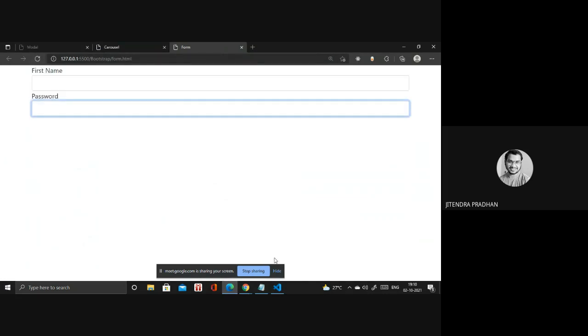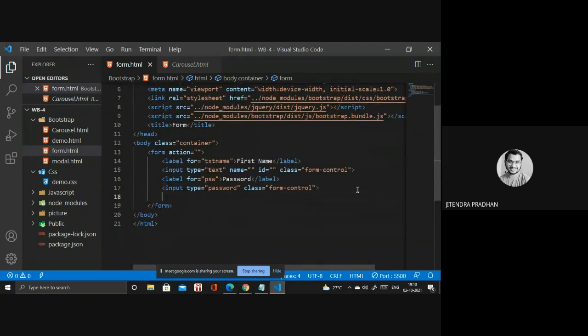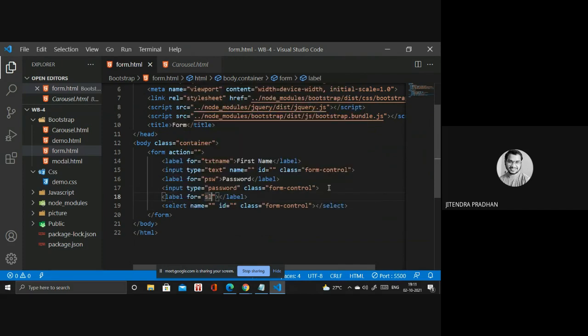Okay, next we have to create a radio button. Let's see. We need to create a selector. In the selector, you need to use that class, something from control as well. Say label, select any of the number. Okay, this is my content.